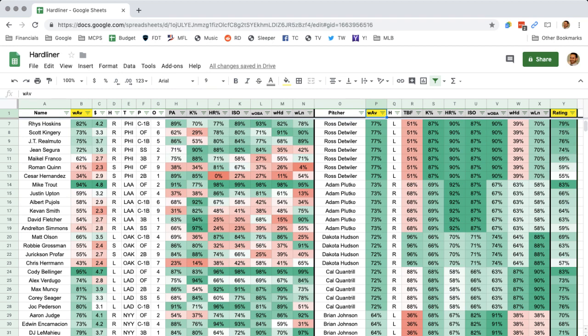The only thing he does well against lefties is not strike out. So Hoskins, Kingery, Realmuto, Segura with Franco as a pay down option if you want to save a little bit there. But I feel like you definitely have to get Hoskins in there. And then Kingery, Realmuto, Segura, you can go with whoever else you feel like.